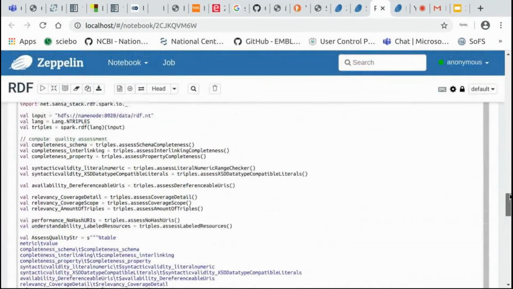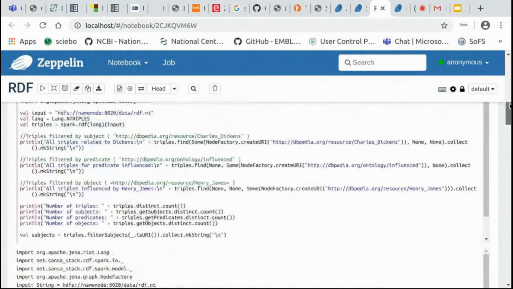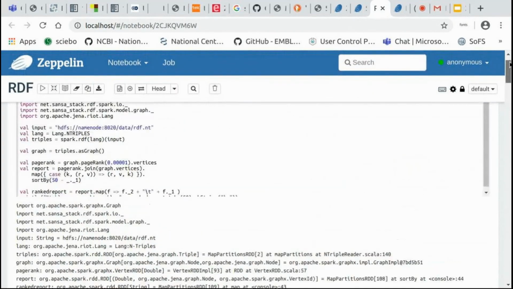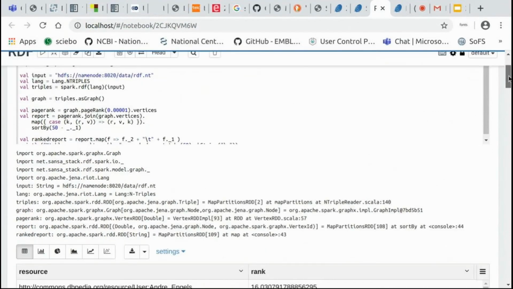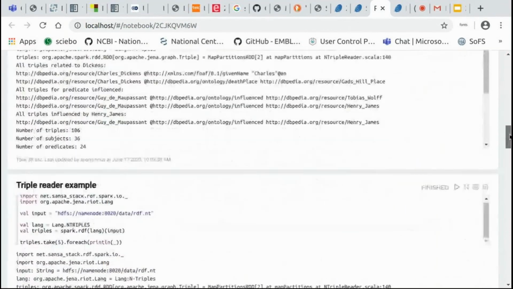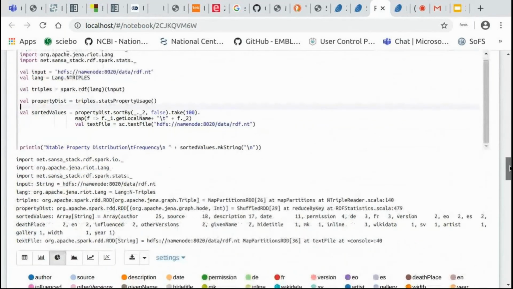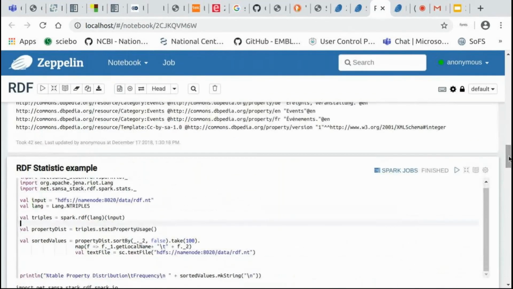Yeah, I just wanted to show that we have all these algorithms that you can run, like for example, PageRank of resources. So these are all examples that are present in SANSA notebooks, and you can try them. You can change the code as you want and test as you want. You can also change the display.